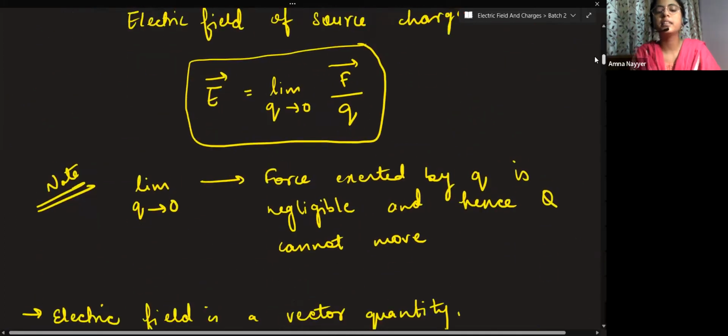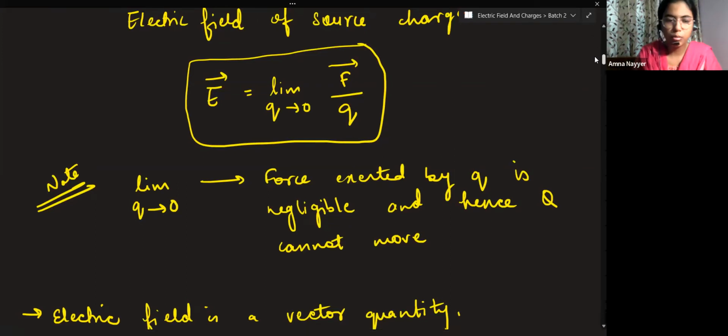Okay, now see, this is one relationship between electric field and charge. Electric field is F divided by Q. This symbol that I have written, limit q tends to 0, this simply means that whatever force is exerted by this small q charge, I'm limiting its value so small that the source charge is not moving. What is meant by this is that if I bring the small q charge near the capital Q,